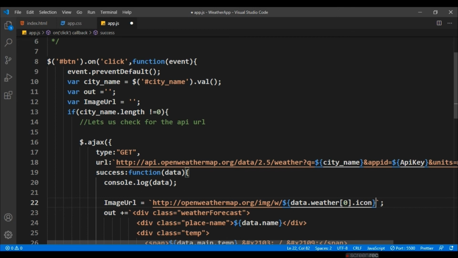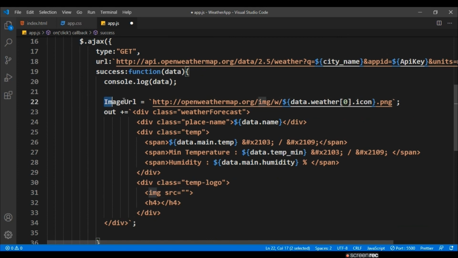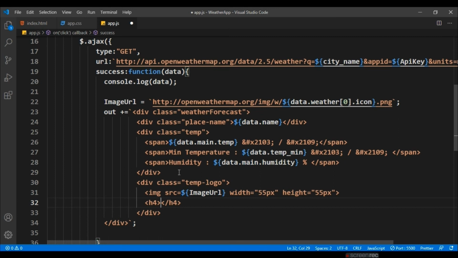So we have to write PNG, and let me copy this URL source image URL. Let me copy this thing. Now dollar image URL, and let me initialize its width to be 55 px and height to be 55 px. Width and height to be 55 px. Alright, so description will be scattered clouds. Dollar data dot weather 0 dot description. Right, so